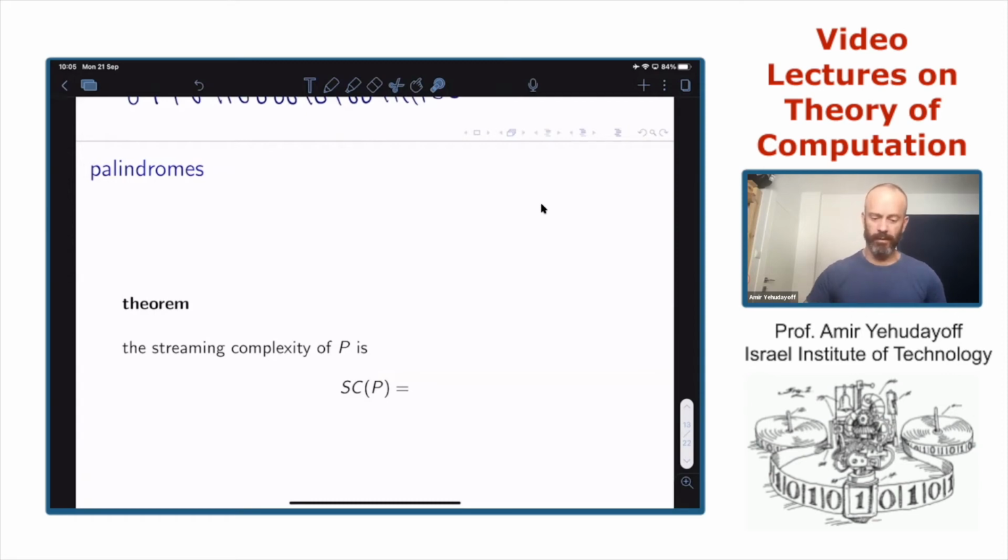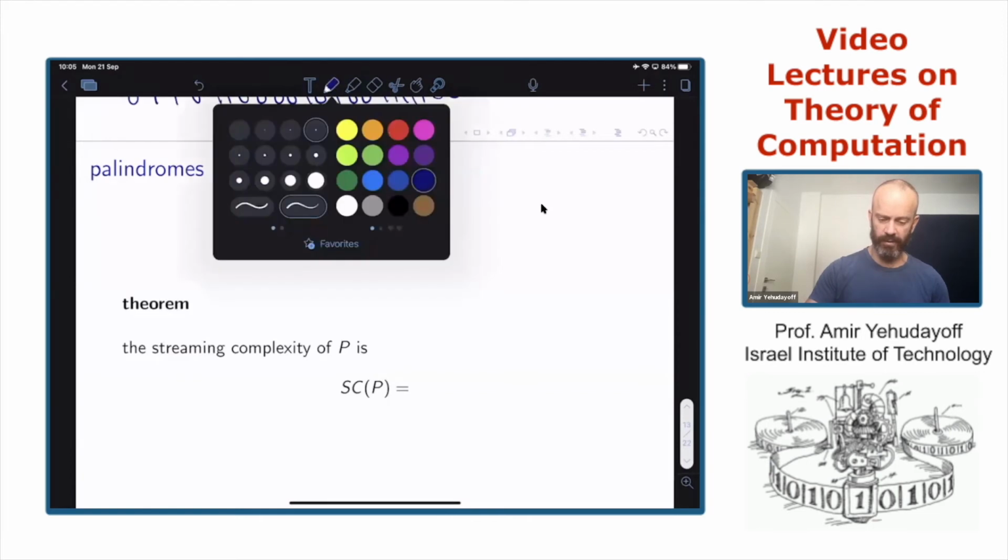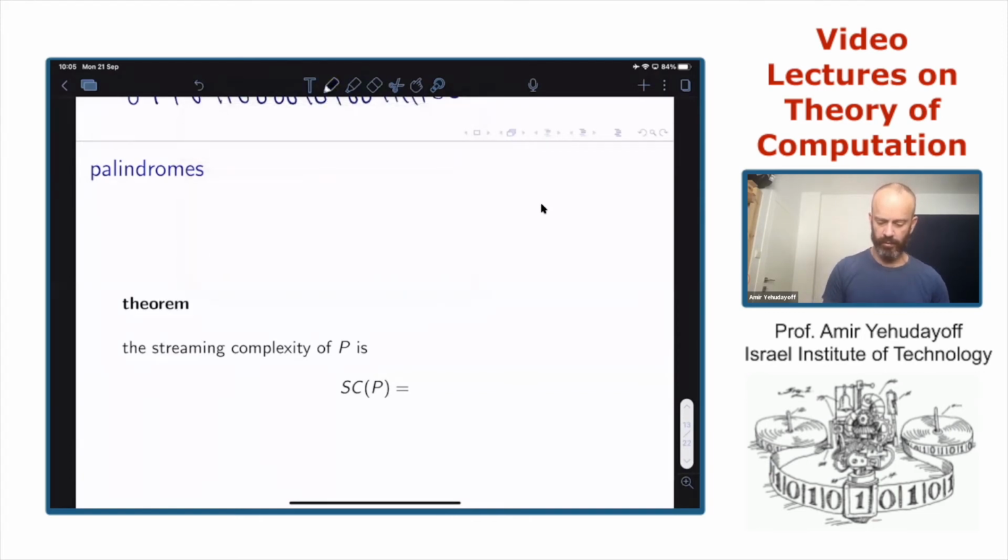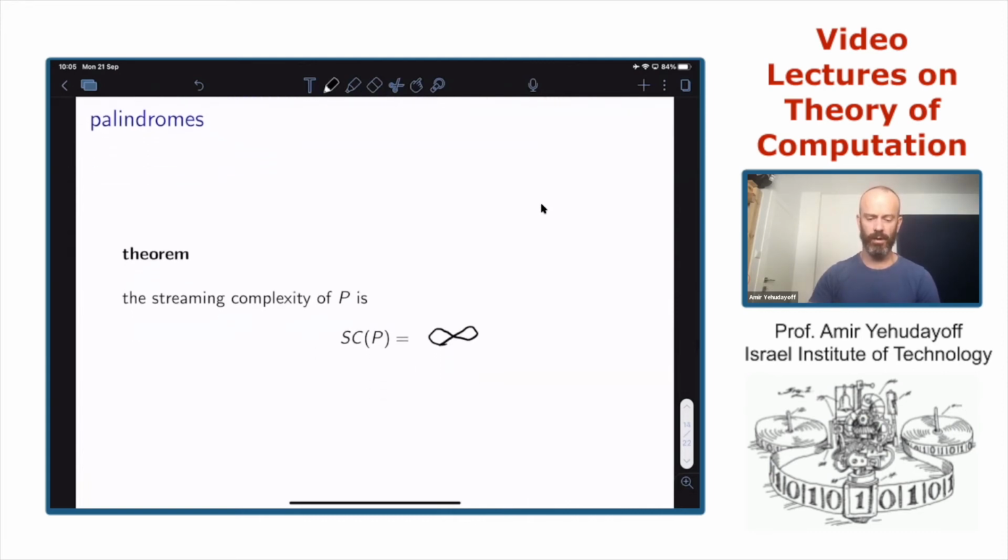So the answer to this question is that the memory size required is infinite. There is no streaming algorithm that can solve palindromes in the way we formally set up the model.